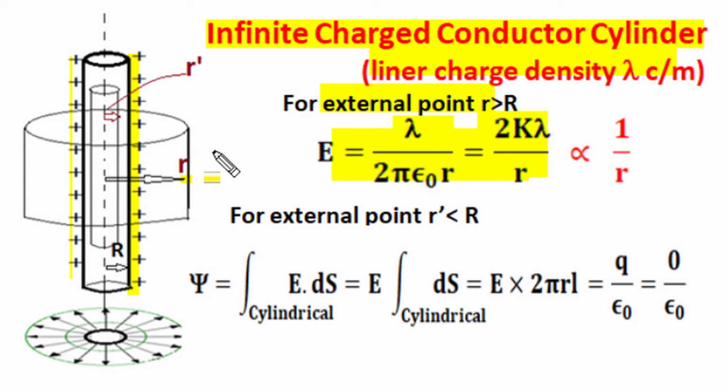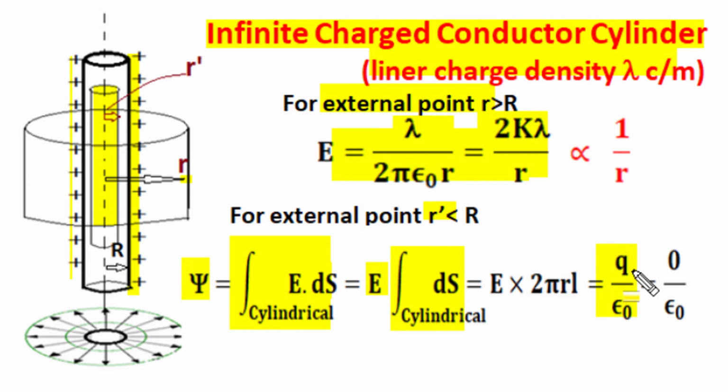But for internal positions, if we construct a Gaussian surface to find the electric field at distance r dash, which is less than the radius of the charged conductor cylinder, then the total flux coming out of this Gaussian surface is equal to the closed surface integration of electric field intensity. For top and bottom, the radial electric field won't produce flux crossing. So flux crossing is only across the cylindrical surface, and for symmetry, we take E out as constant from the integration, and the Gaussian cylindrical surface has an area 2 pi r dash L,